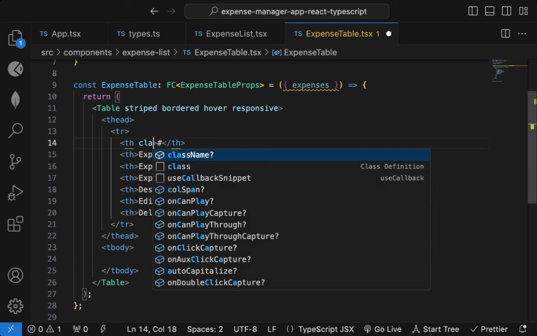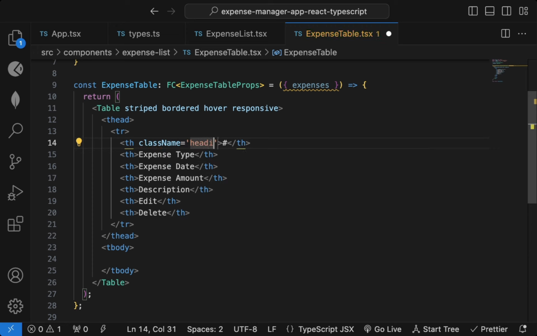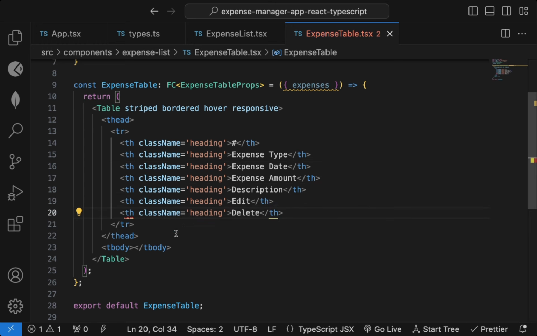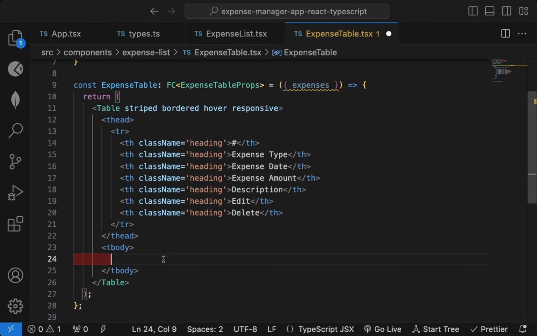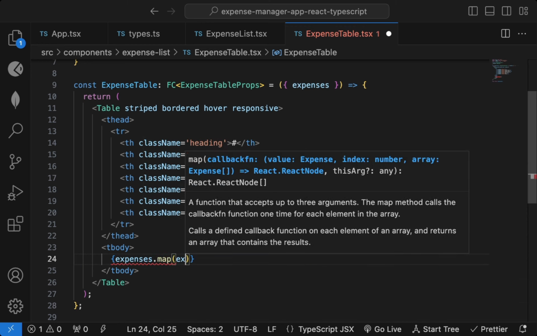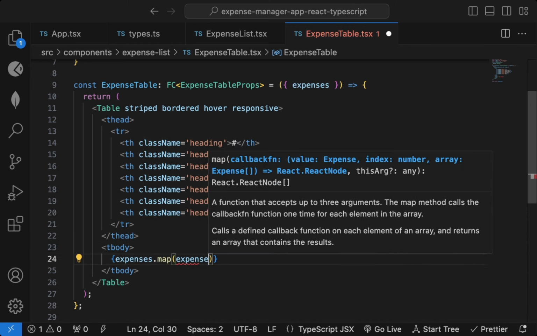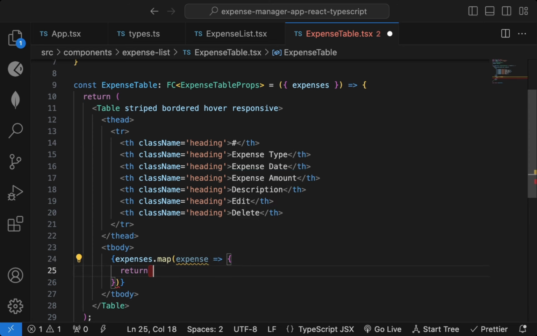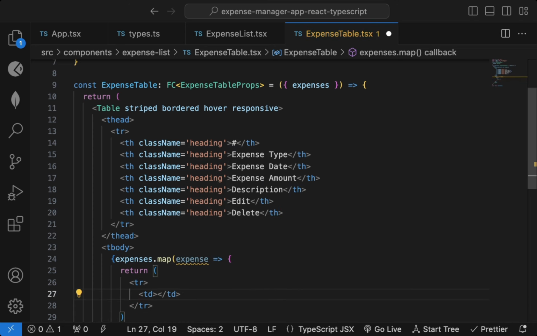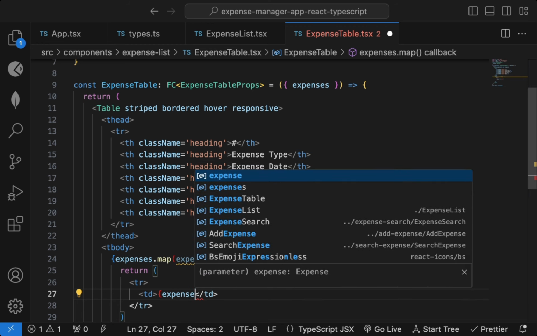So let's add a class of heading here. It will be displayed nicely. I'll add that class everywhere. Here we can loop through those expenses and display them. So I can say expenses dot map for the individual expense. What will it return? It will return a tr. Inside we'll have td. So it will be expense dot